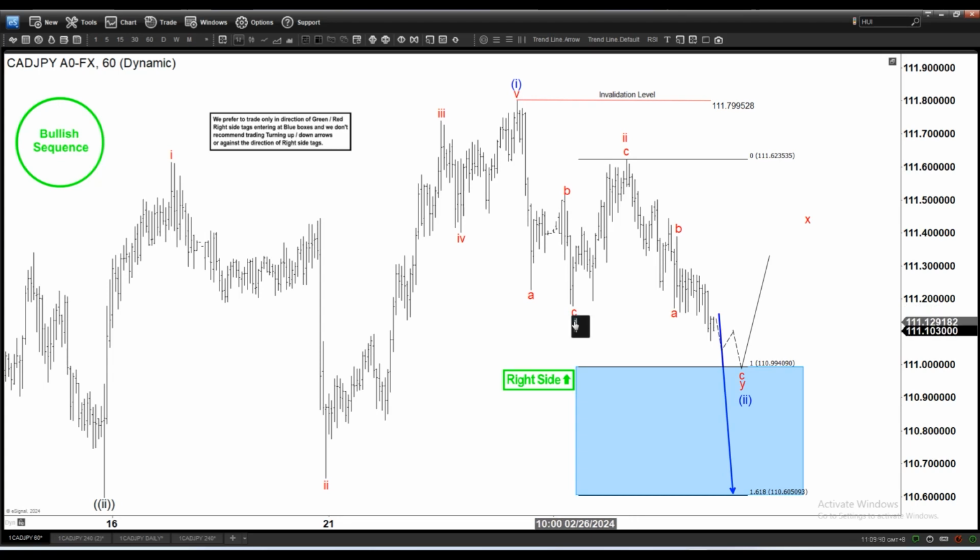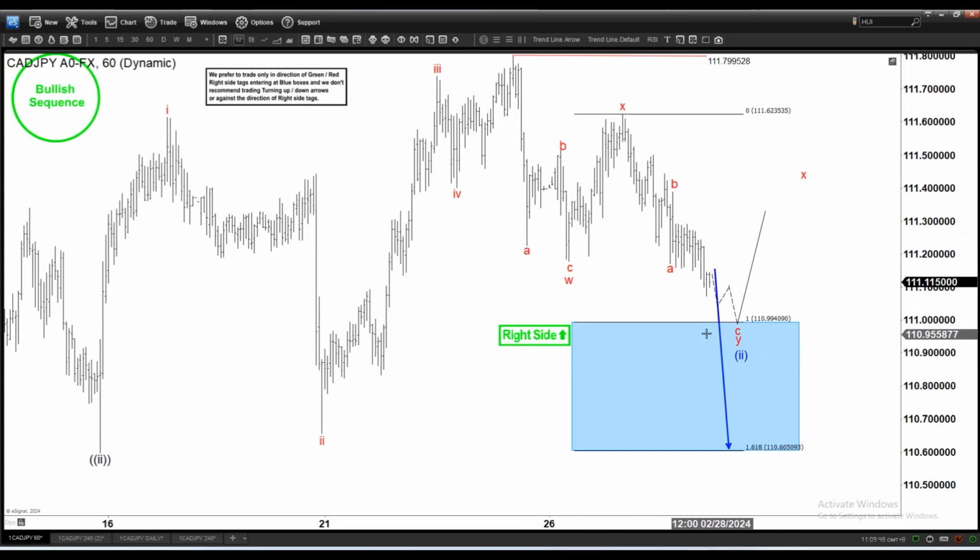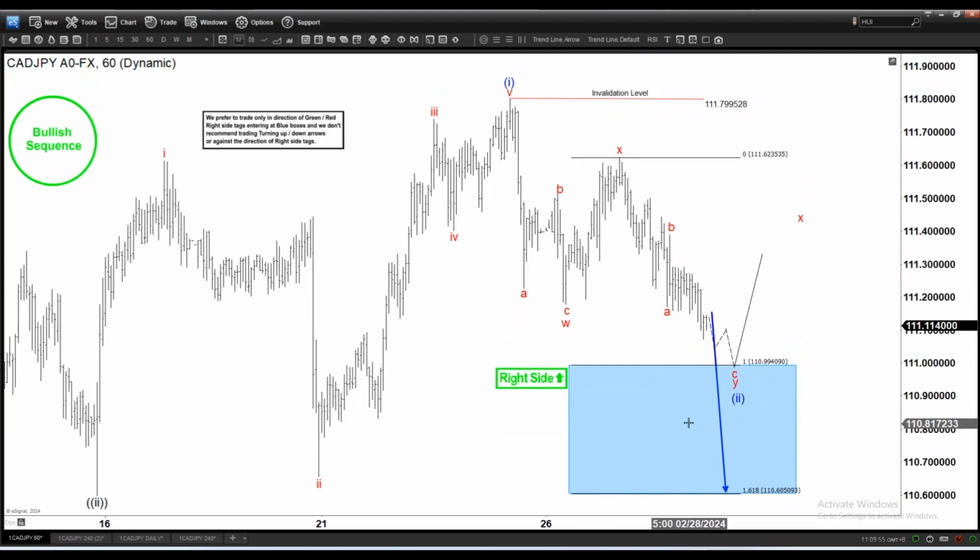So this is going to be the primary count in which we say the first leg is a 3 waves, and therefore most likely you're going to be able to find some support here around 110.9 all the way to 110.6 for the next leg higher to new high, or at the least we can rally in 3 waves from here. Okay, so that's the idea here,